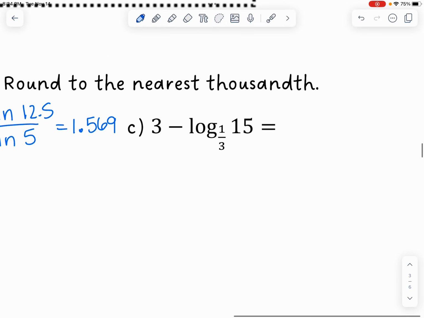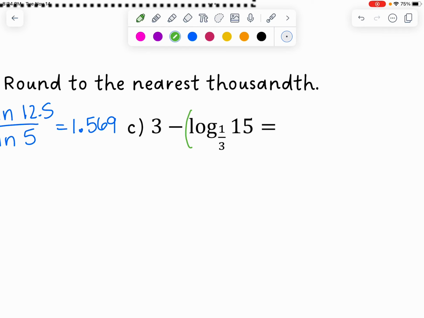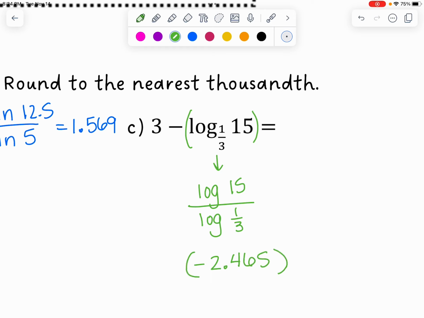And now this last one here. Now this is not just change of base because we have our log, but we also have that 3 minus in front of it. But let's focus on just the log for right now. So log base 1/3 of 15. If we use change of base, that will become the log of 15 divided by log of 1/3 because the base goes on the bottom. I can plug this into my calculator, log of 15 divided by log of 1/3, and I get negative 2.465. Now I can bring down that 3 minus and do 3 minus negative 2.465 to get a final answer of